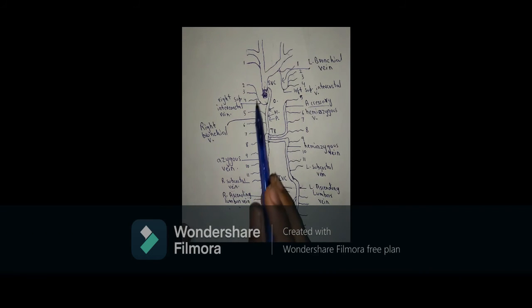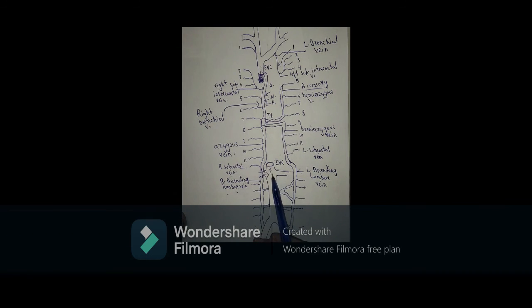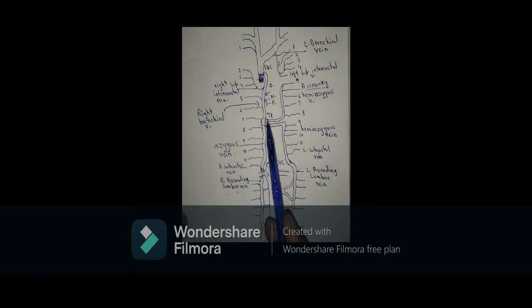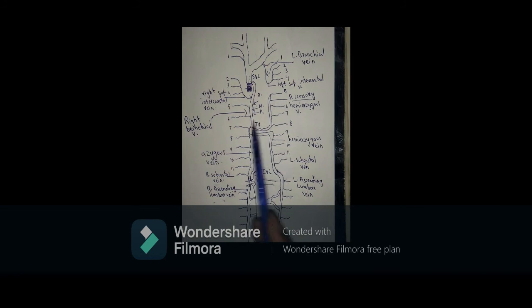So this is the superior vena cava, and this is the inferior vena cava, and this is the azygous vein which connects the superior vena cava and the inferior vena cava, and from the azygous vein the right posterior intercostal branches are arising, and one right superior intercostal branch is also arising, which gives off the second, third, and the fourth posterior intercostal branch. Also,